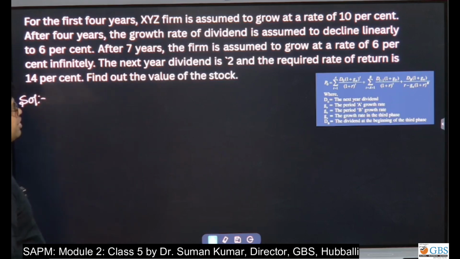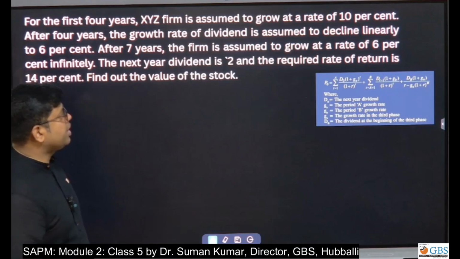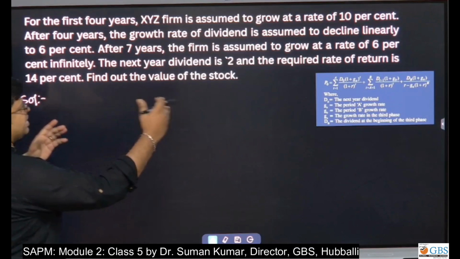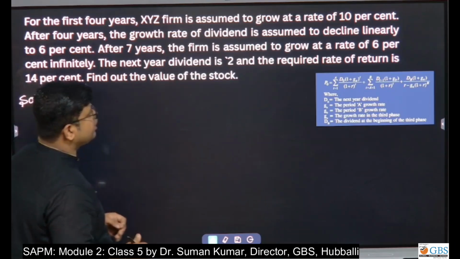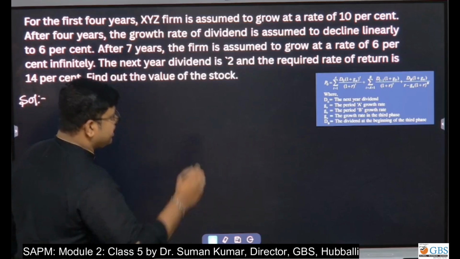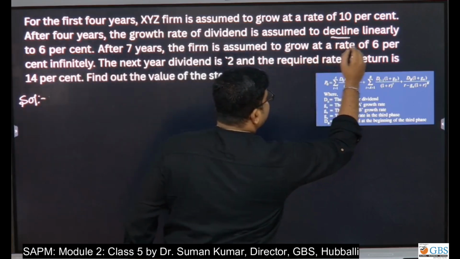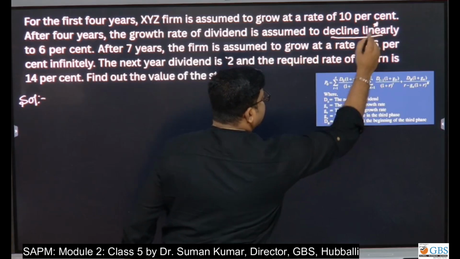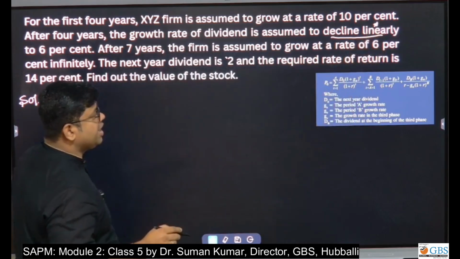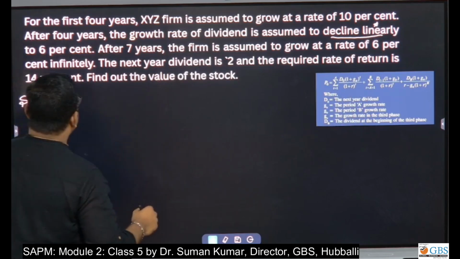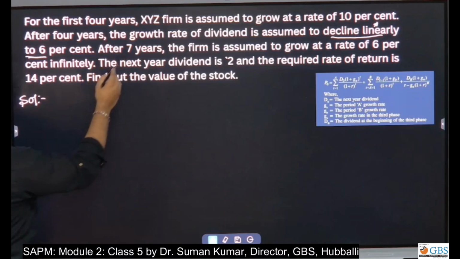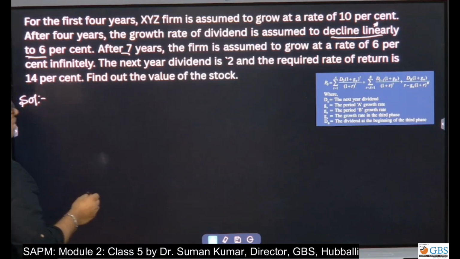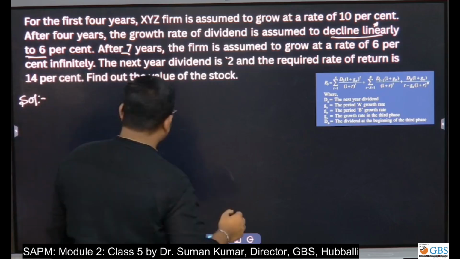For the first 4 years, XYZ firm is assumed to grow at the rate of 10%. The first phase is 10%. After 4 years, the growth rate of the dividend is assumed to be declining. See, here it is declining linearly. Very important, this word is very important. Linearly. I'll let you know what is the meaning of linearly. To 6%. After 7 years, that is the third phase, the firm is assumed to grow at the rate of 6%